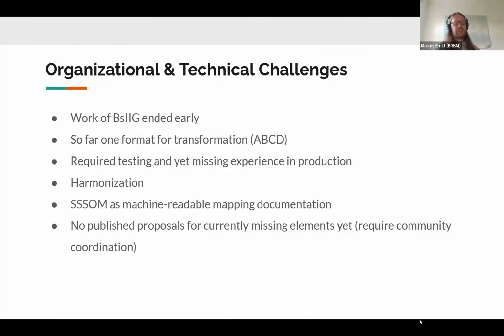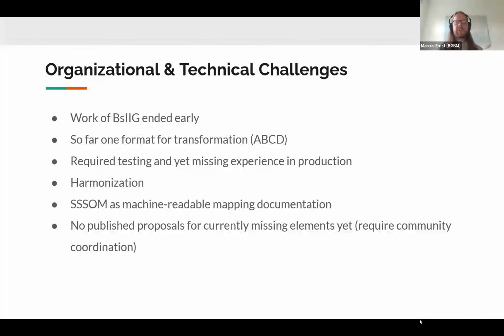Another challenge is harmonization, which was described a little too briefly in this presentation, but it is really important to harmonize interpretations of elements and how we are mapping them with other consortium partners. Even with mappings in place, providers need consistent implementation guidance. So this is really clear. We also see value in the Triple SOM as a machine readable way to document mappings more systematically, because currently we have just documented them in a tabular form.